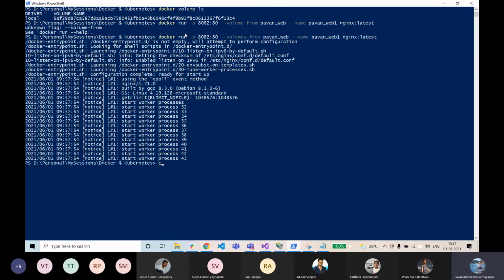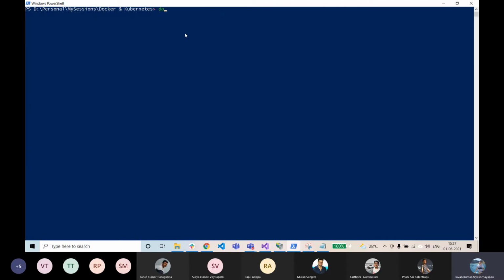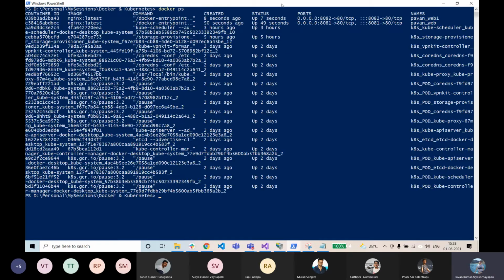Okay, so the second container also got created. So we have docker ps. Okay, so we have two containers, and we also have a volume.